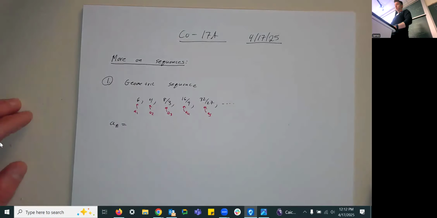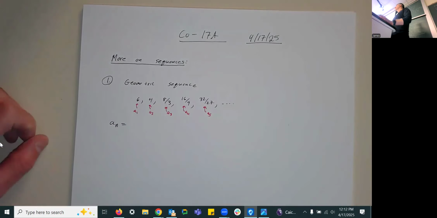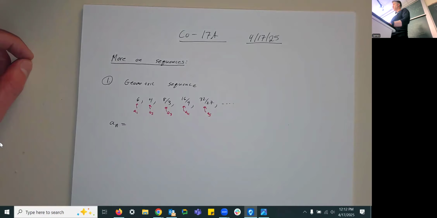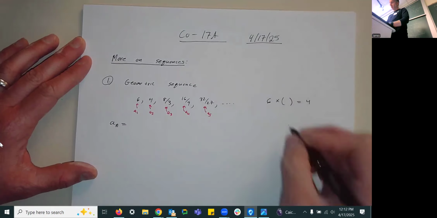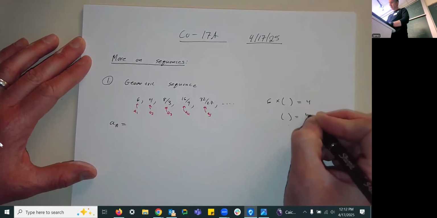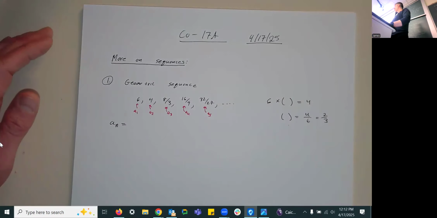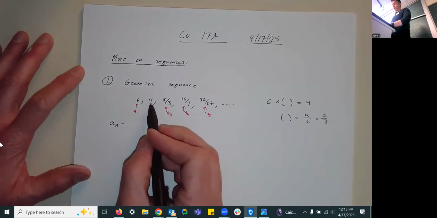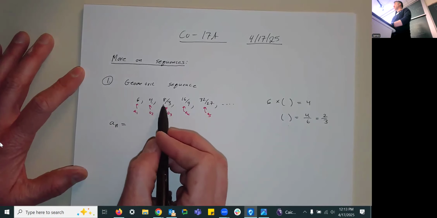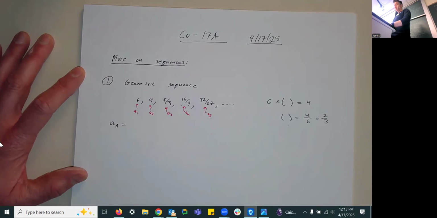So in this example, what do I multiply by 6 to get 4? Well, the better question is, what's 4 divided by 6? So 6 times some number is equal to 4. Or in other words, the number we want is 4 divided by 6, which is 2/3. That's our ratio. That's what we're multiplying each term by to get the next term, right? 4 times 2/3 is 8/3. 8/3 times 2/3 is 16/9. 16/9 times 2/3 is 32/27. So our geometric sequence is going to look something like